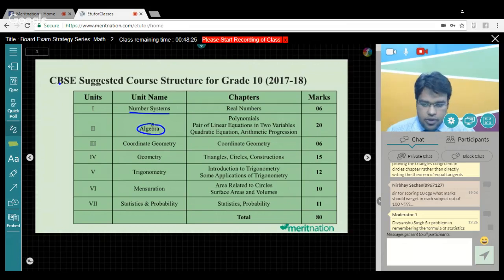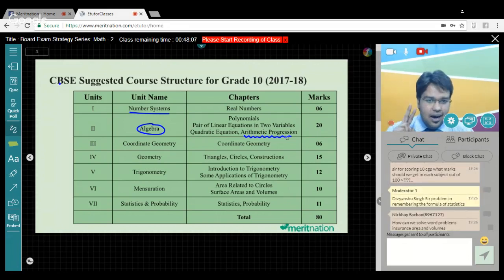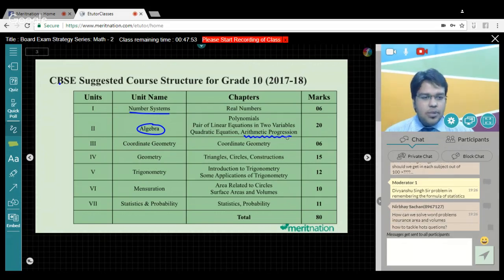If we look from the marks weightage, I would start with arithmetic progression because that's the most scoring one. This is the most scoring chapter you can ever ask for in your 10th standard board exams. Why am I saying this? Because arithmetic progression has just 2 formulas. If you know the formulas and their application, you are through with the chapter. Arithmetic progression is nothing but a pattern in which the numbers increase with a fixed distance, a fixed common difference.